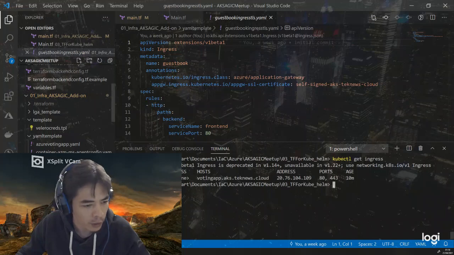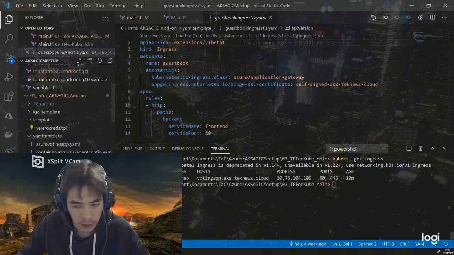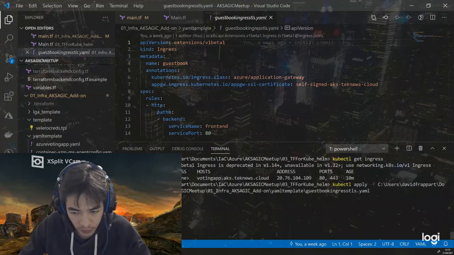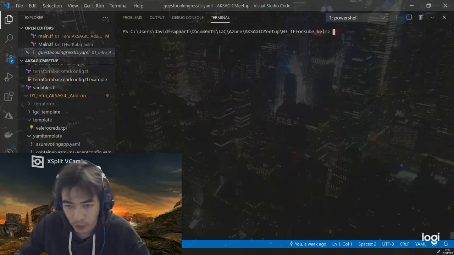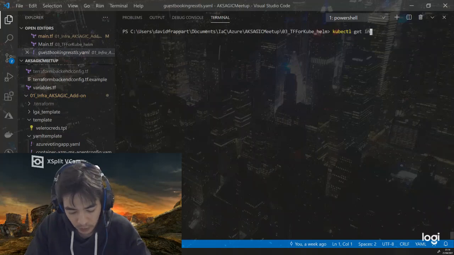In the meantime, let's try to deploy another application. Let's let it work while we are trying to do the same on my other Kubernetes cluster. And so we'll have two applications. Let's go clear and just upgrade that. And just do kubectl get ingress.